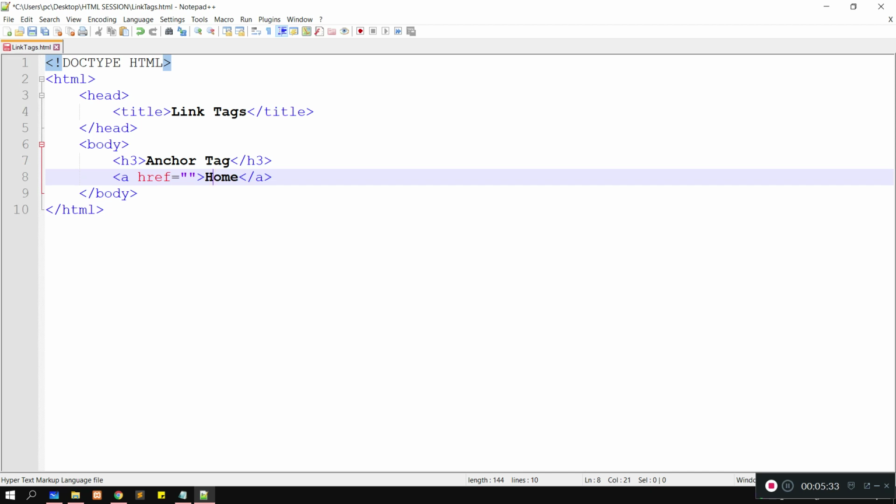I think it's clear. So a means anchor, href means hyper reference. We have to give here a path, which file we want to open when somebody clicks on home.